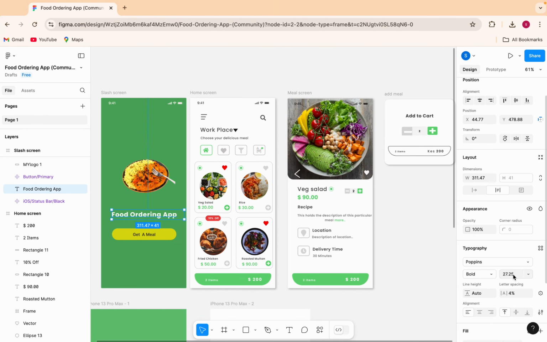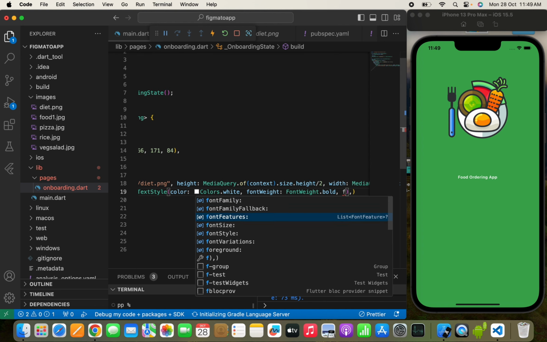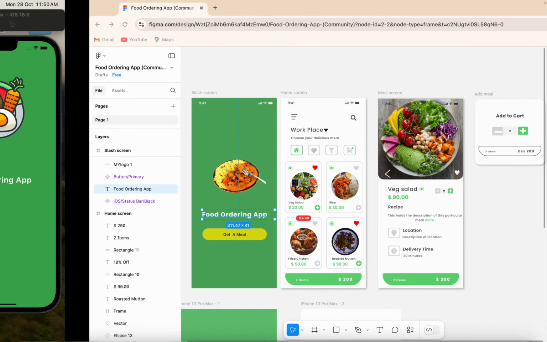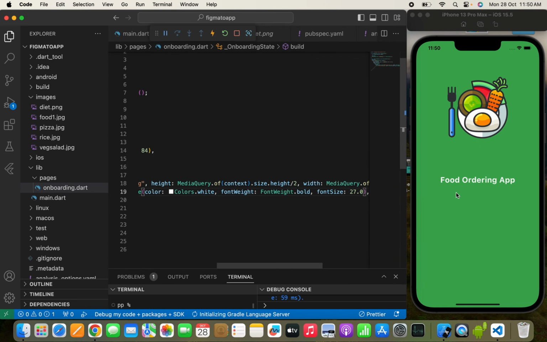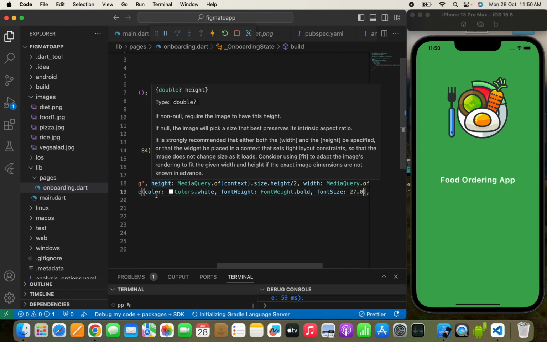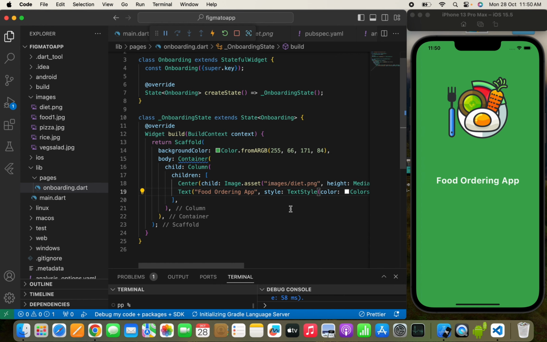Now let's pass a size up to 27. If you want, you can pass a font size up to 27, but sometimes it may vary, because here you see it on a small screen, so the font size may vary. If you want to increase the font size, you can do up to 30. Yeah, after this